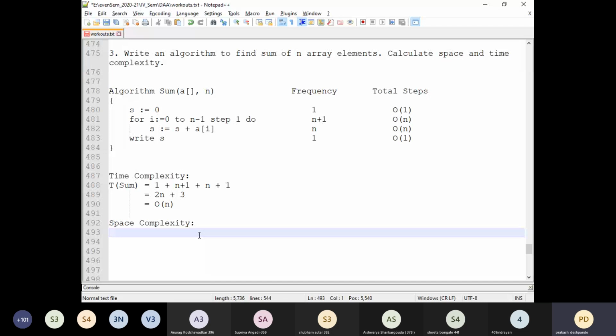Now first let us write down the variables here, as integer variables. We have n, then s, then I. Are there any other integer variables apart from n, s, and I?